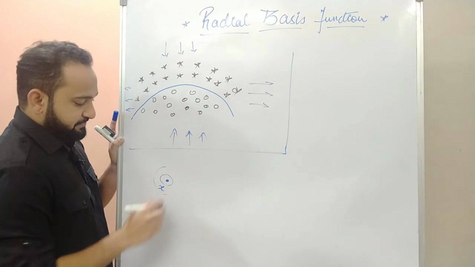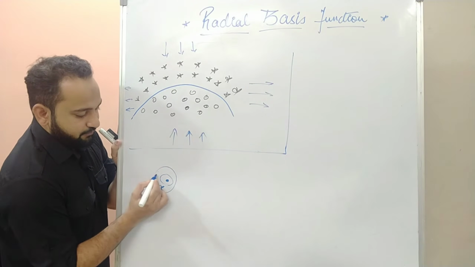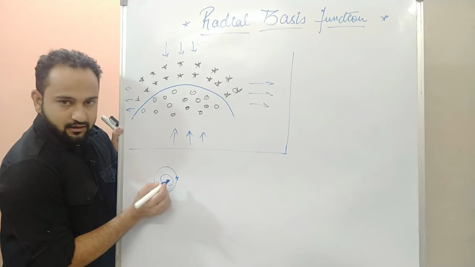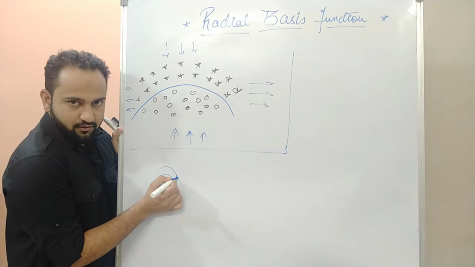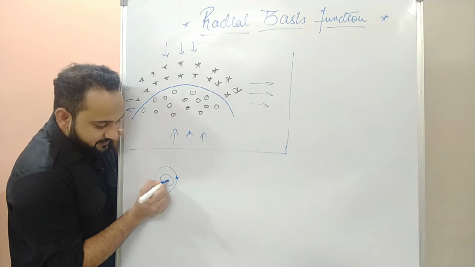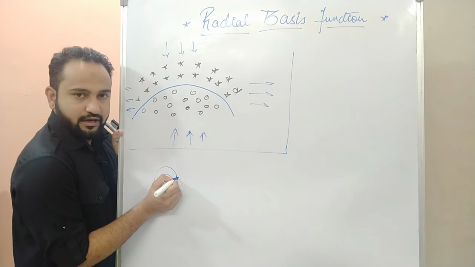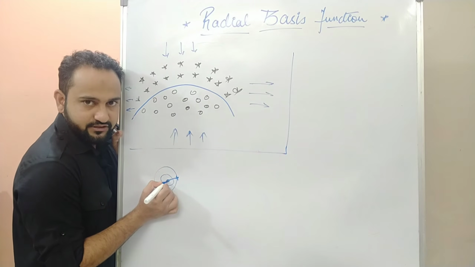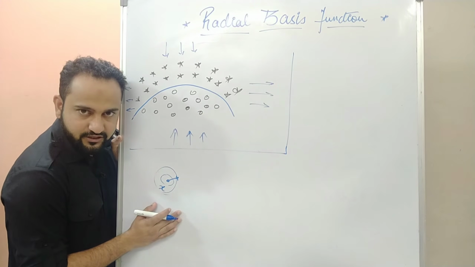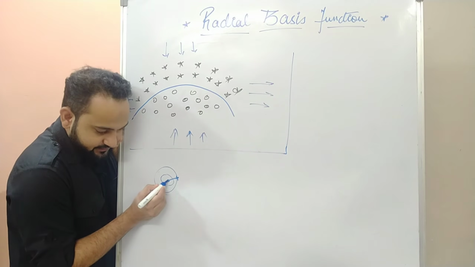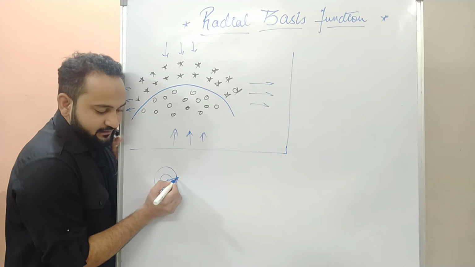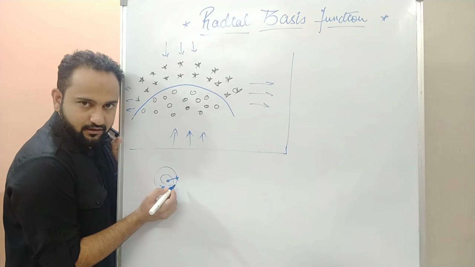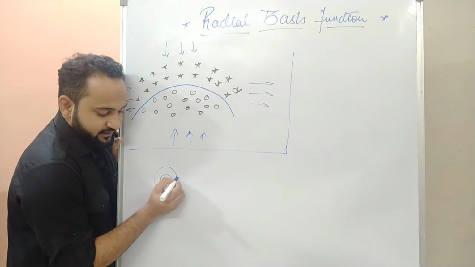What's the use of it? Now see, for example, any of the points, for example, this is my star here, lies here on the circle. So the distance between my center and this X will be calculated as what? The radius of this circle. Agree with what I'm saying? The distance between the X, that is my center of the circle, and this particular point will be calculated as the radius, right?